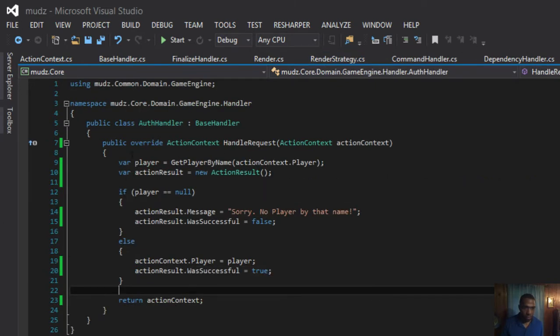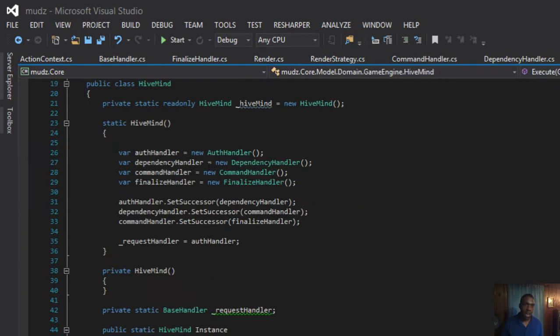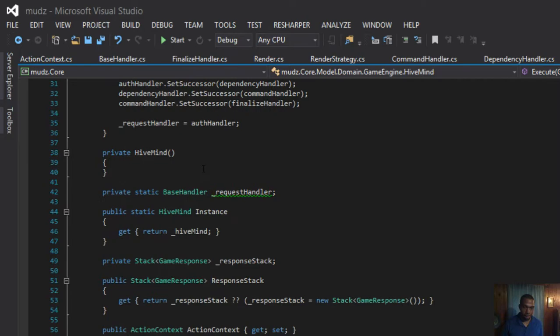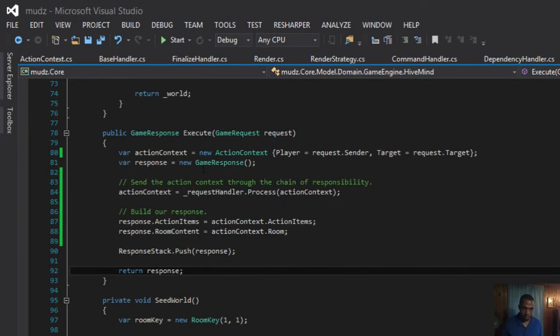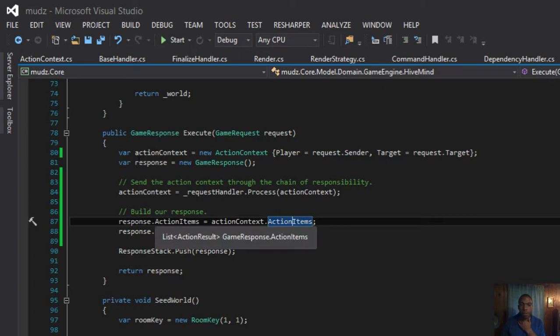Oh, look at that. So, we have an action result here, and we do all the things properly. We never actually add that action result to the context. Shame, shame, shame. But this still shouldn't be null here.